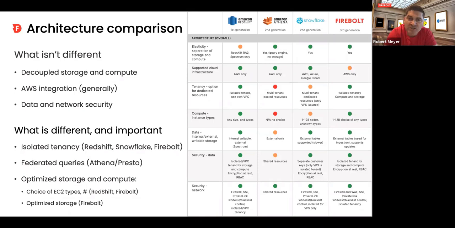Redshift has added RA3, so you can dynamically provision and spin up and spin down a cluster. But understand the one thing that you still can't really do: you can't have multiple databases attached to any different engine and it just works. It's not 100% decoupled. And understand why you'd want something like that. Why do you want an ELT engine and a query engine working against the same data? Why do you want different engines for different workloads working against the same data? It matters. So you want to think about your use cases, but the fact that there's decoupled storage and compute is probably not going to sway your decision.